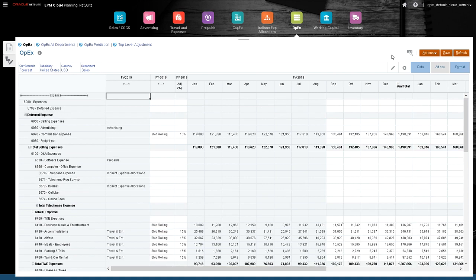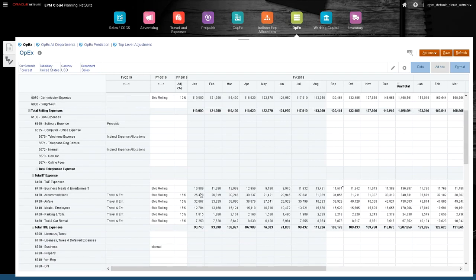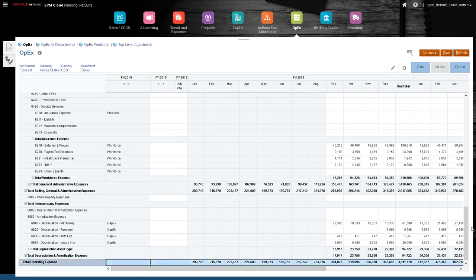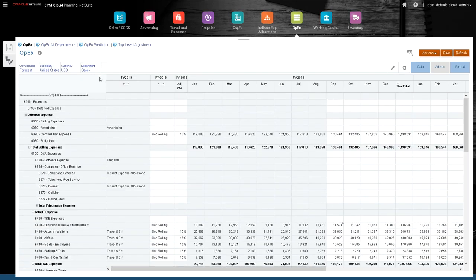and this information essentially would get layered into my forecast based on 6 months rolling and a 15% uplift. This also shows me the total operating expense by the sales department, and if I now look at my total department